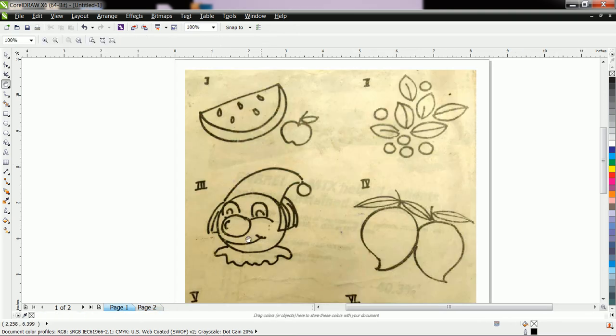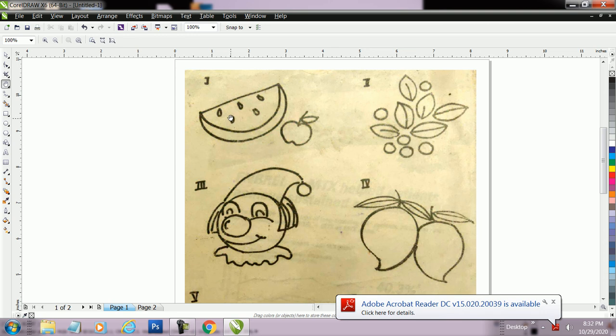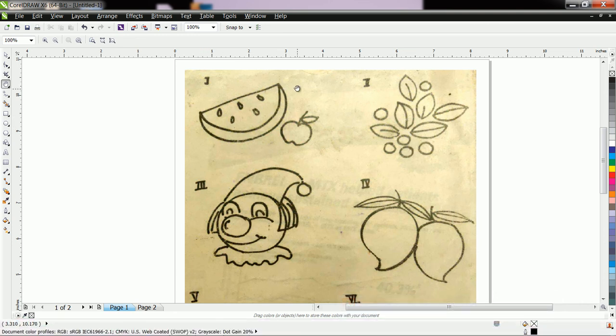Now let us draw some other drawings. Here we see a drawing of a watermelon, but as per the rule of CorelDRAW, if we want to fill color in any drawing, then the drawing should be closed. Therefore, if we want to manually draw this drawing, then we can easily draw like this. Okay, but this is not the right method to draw in Corel. For that purpose, you have to first draw the whole lower shape and then the upper shape. Let us see how to do it.